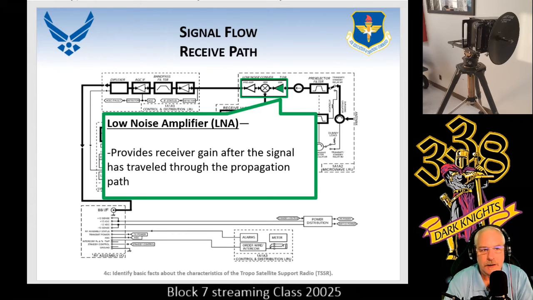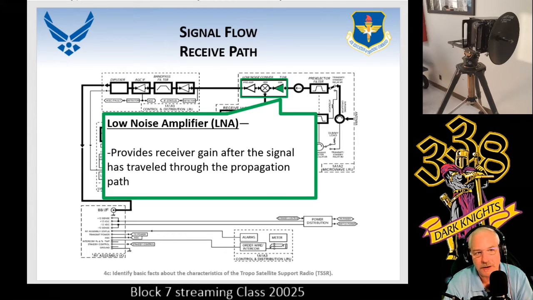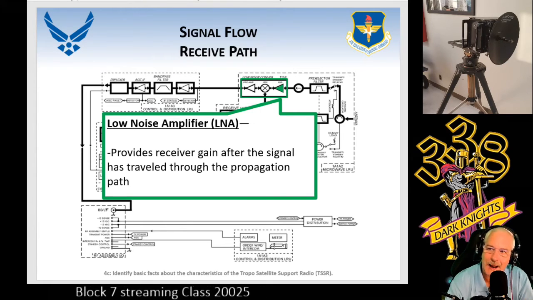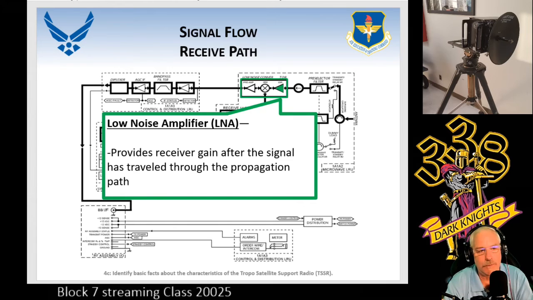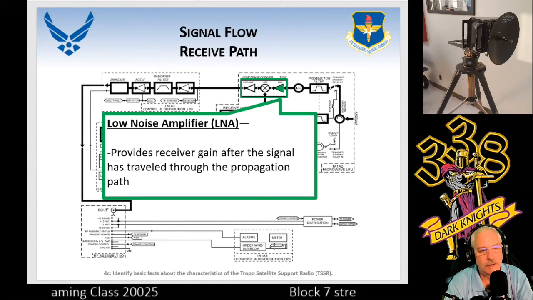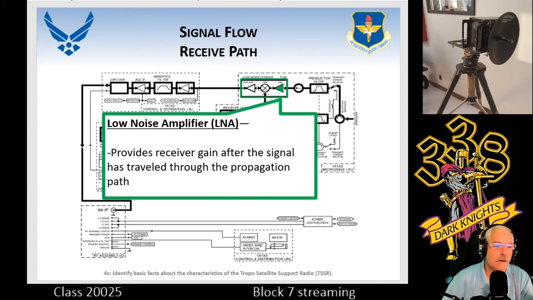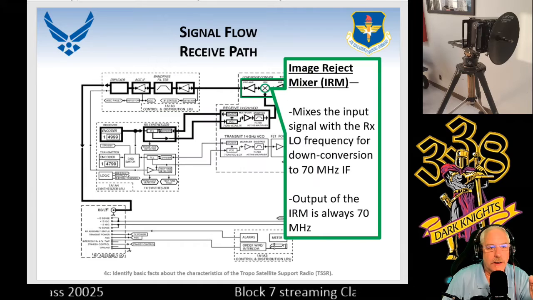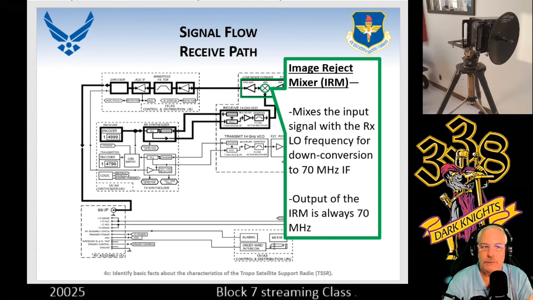Let me stop myself there. From the isolator all the way out to the antenna, that is the branch assembly. So we've gone through the branch assembly. Now we're into the active components, which we're hitting the low noise amplifier. This is the first stage of the objective, which is recover the baseband. So we're going to have amplification, bring our signal up to where we can get it into this image reject